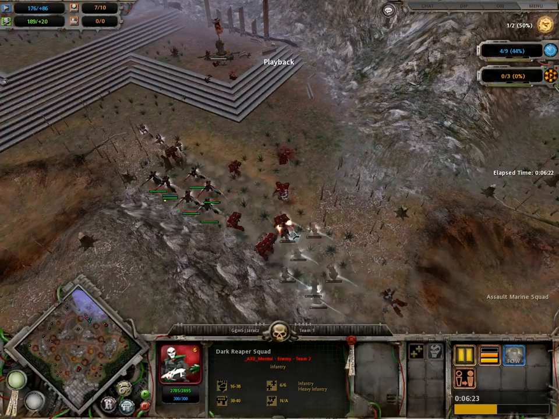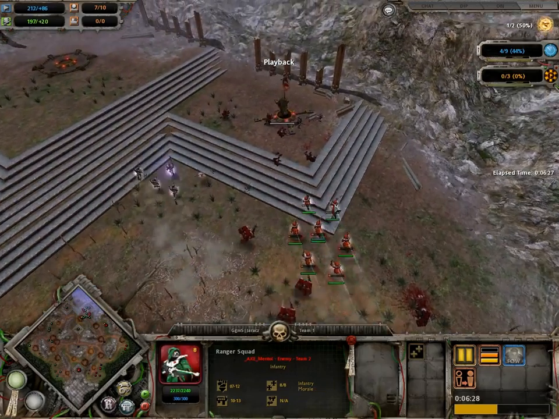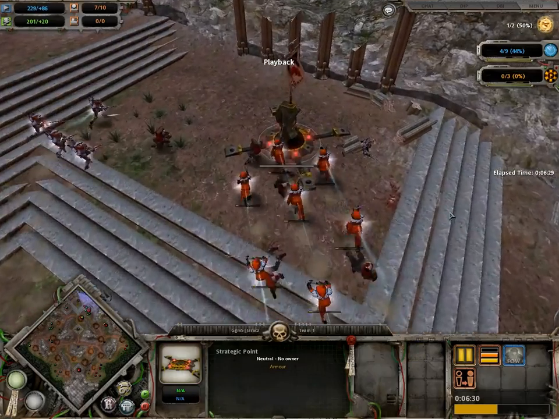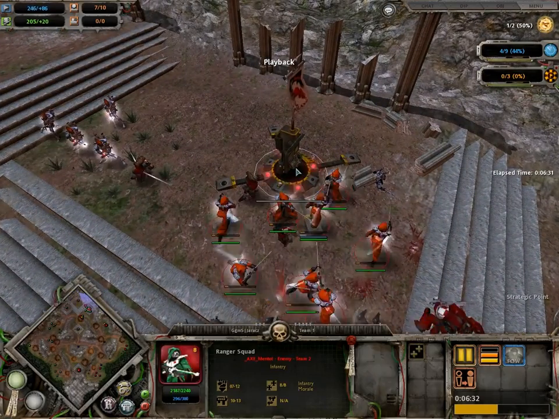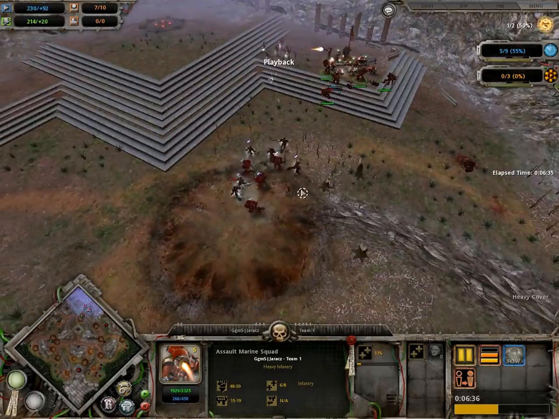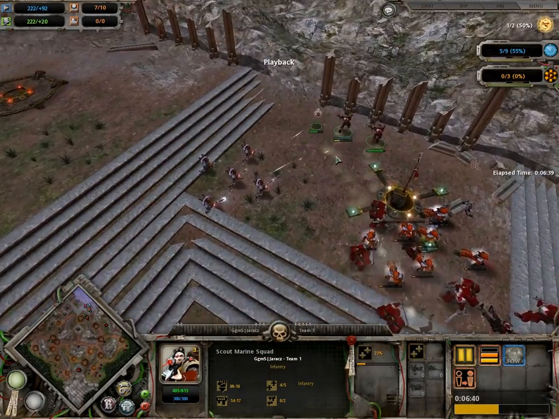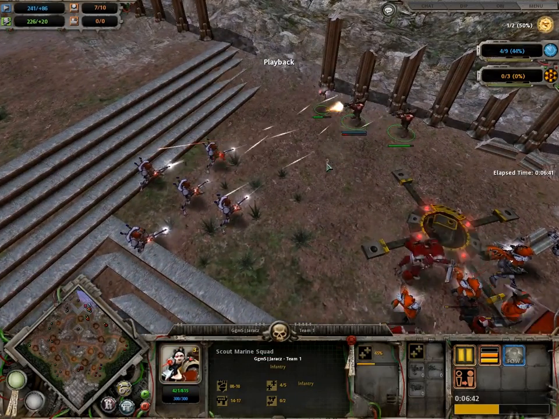The Elf player's running away from his LP2s. Yeah, he wants to take this point, I think. That's the reason. Range is trying to decap that. Yep. But they're going to take some casualties. Skull Probe's going to die at this rate. That's pretty bad. He needs to engage those